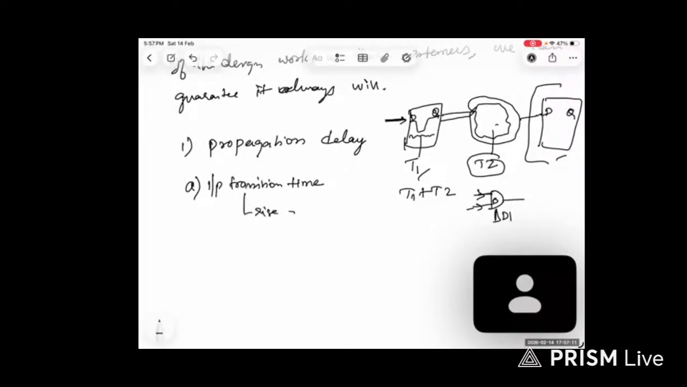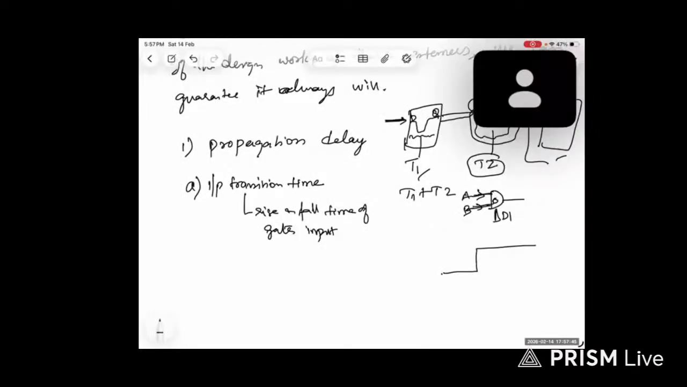The factors are the rise and fall time of gates, in the transitioning that happens from 0 to 1. It will not be perfectly straight. Ideally you consider it as straight, but usually it takes some time to change from 0 to 1. This is called rise time. Similarly, fall time is the time taken coming back to 0. The output of this AND gate is going to get connected to, say,